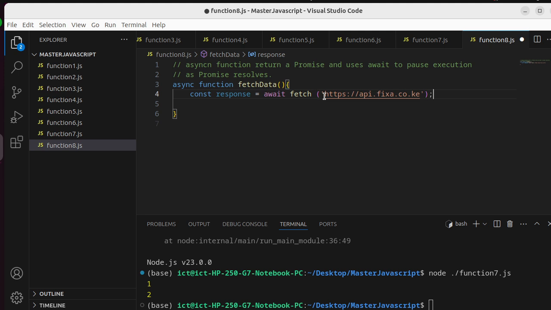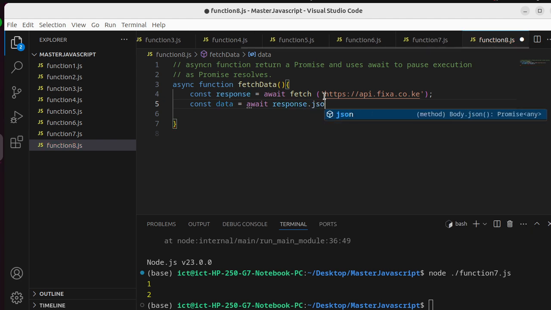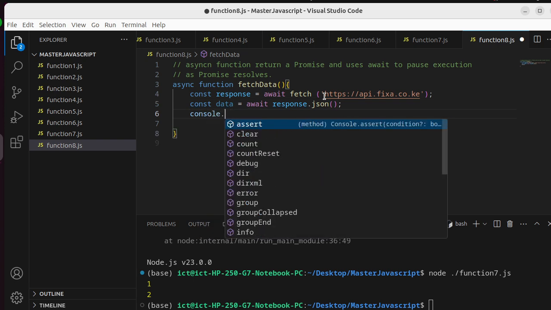So it will wait first of all for that fetch operation to happen, and then of course you get response in terms of data. I will say await response.json format, to wait for the response in JSON format, and then you can come here and say console.log